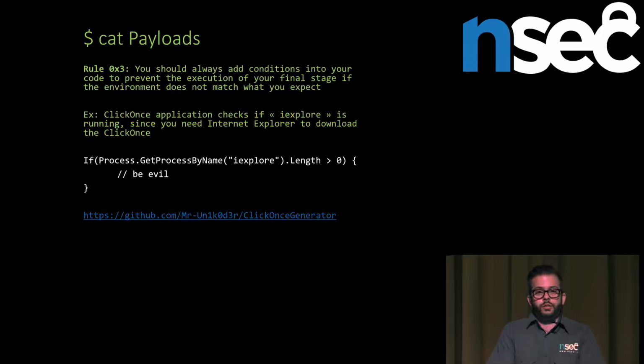ClickOnce requires the use of Internet Explorer, and I've hit a case where the whole shop was using Google Chrome, and they didn't know how to use Internet Explorer, so they were just trying to load the ClickOnce using Chrome, which was not really successful for me. Plain text exe may be blocked by application whitelisting, so depending on which kind of fingerprint you manage to do on your client, you may actually avoid using one of these specific payloads because you're going to get detected or it's actually just not going to run.